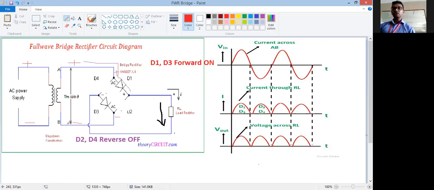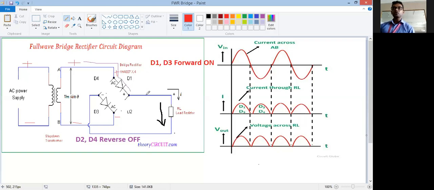So in the positive half cycle of input, D1, D3 are on because they are forward bias. So current flows, see here, I have already written D1 and D3, both are on. Hence current flow is because of both D1 and D3. Hence, output voltage is there similar to your input voltage. But because of whom? D1 and D3, because they are forward. Why are they forward? Because it is the positive half cycle. Simple. Positive half cycle, hence D1, D3 forward. They are forward, hence they are on. D2, D4 reverse. They are off. They are not in the circuit.